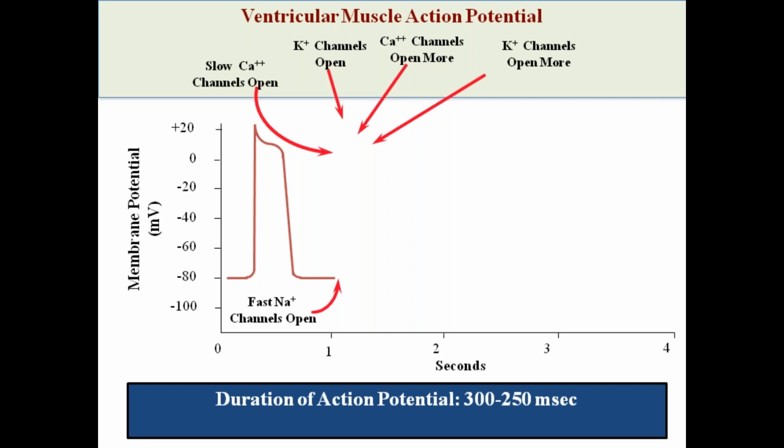But if you compare the action potential of a skeletal muscle, there is a depolarization and a repolarization, a spike type of thing. And this spike type of action potential which is happening in skeletal muscle has a very short duration, about 2 to 4 milliseconds. But the duration of the action potential in cardiac muscle, in atria and ventricle, is about 250 to 300 milliseconds, and that is because of the plateau phase which is present in the action potential.